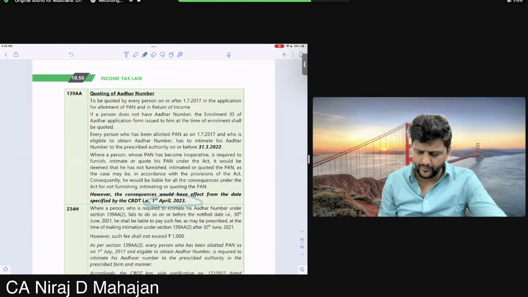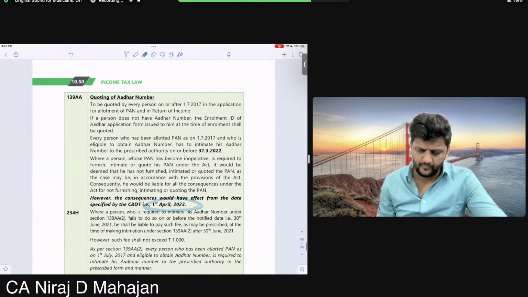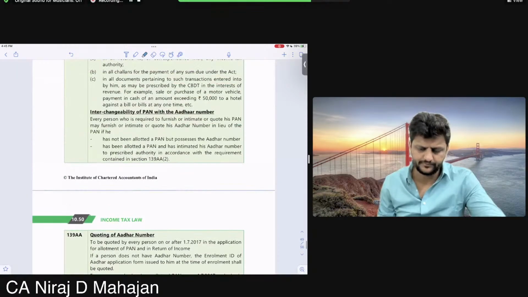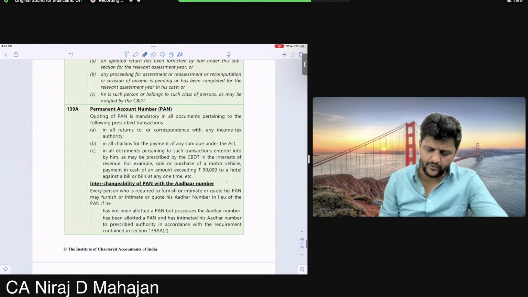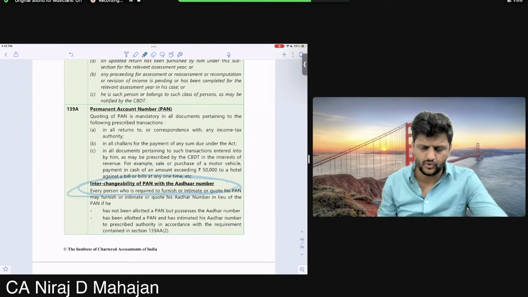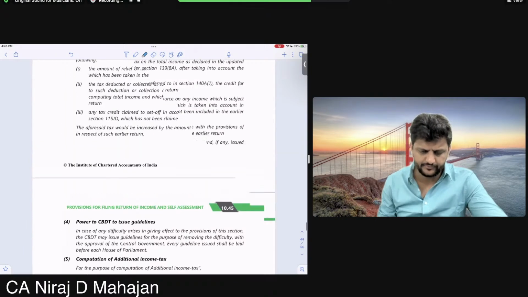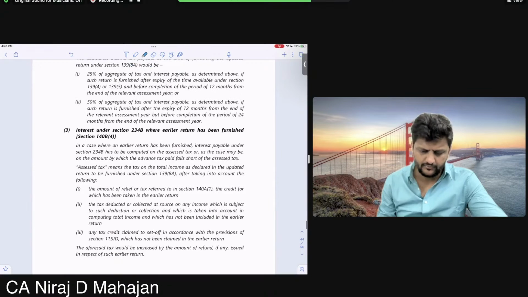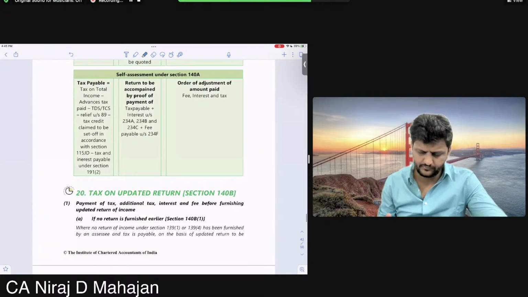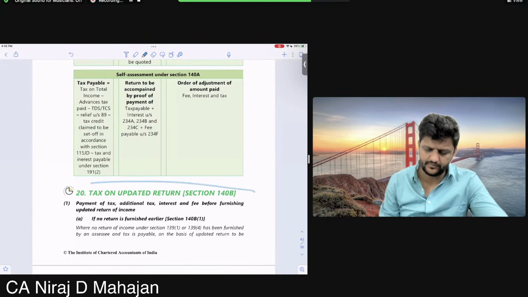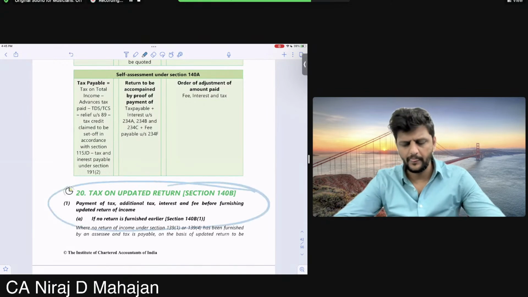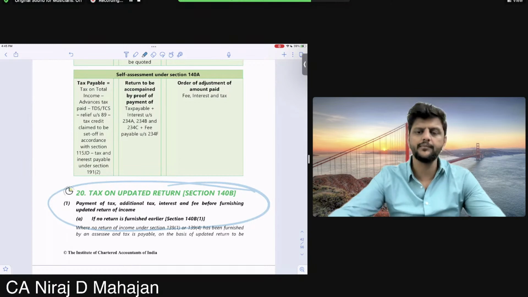This also we saw. PAN will be inoperative. Today only we saw, no? Instead of PAN, you can submit Aadhaar. This also we have covered. So just go through 140B first. Then we'll do later. And remaining, at least before this, finish it off. Please finish it off today itself, reading from the study material. That is it for income tax for today.